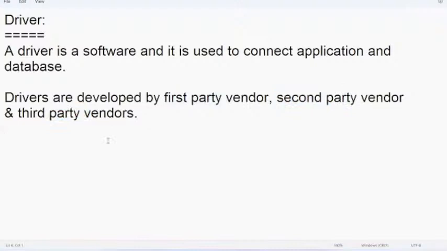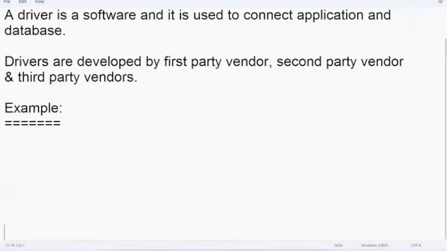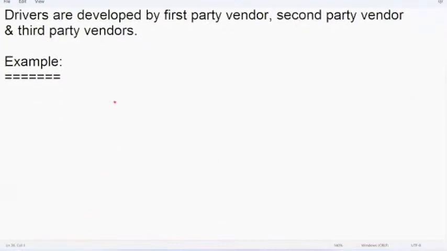Now I'll give an example. Note the example. Vendor is nothing but company. Product based companies are called vendors. Software company only. First party company, second party company, third party company. Instead of company, in software terminology we call it vendor. Vendor is nothing but a software company only. Now, for example,